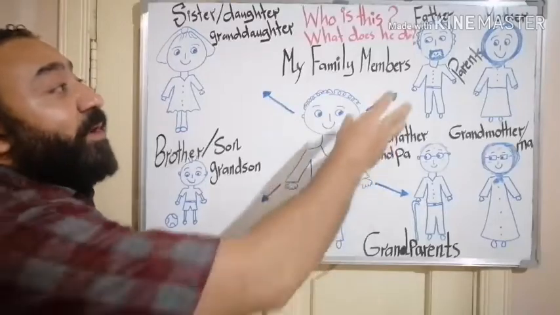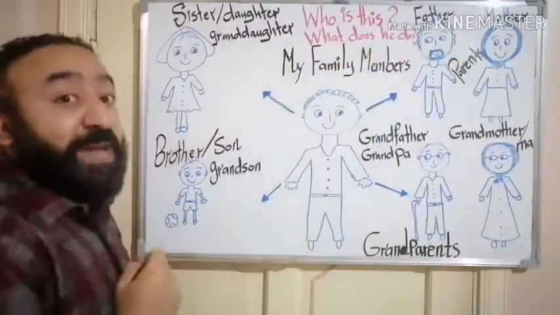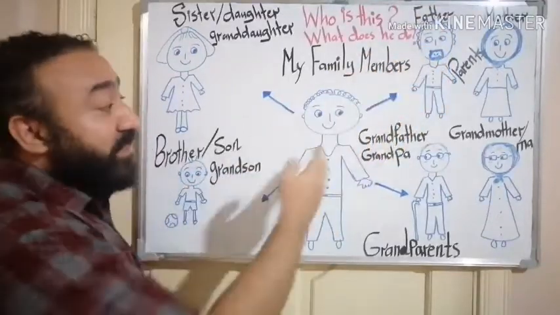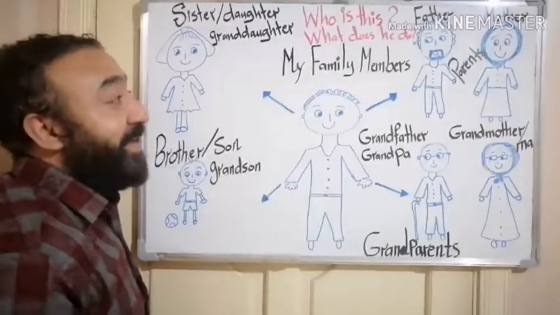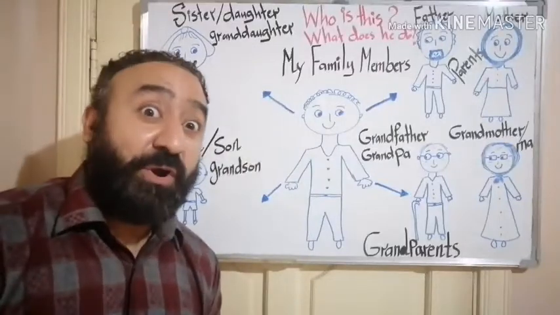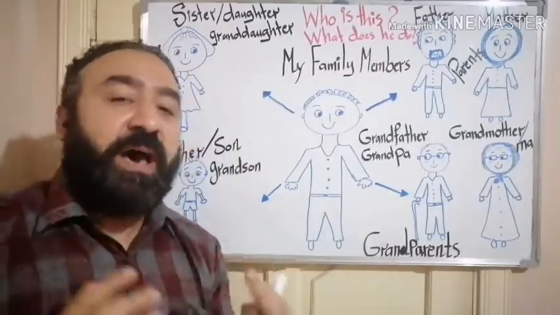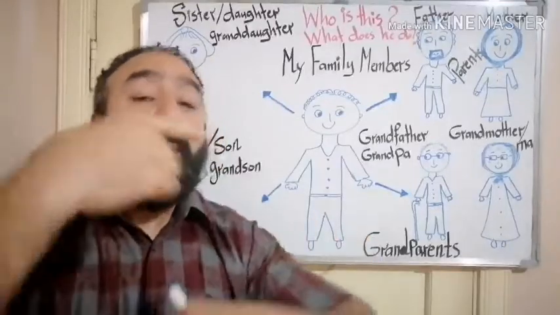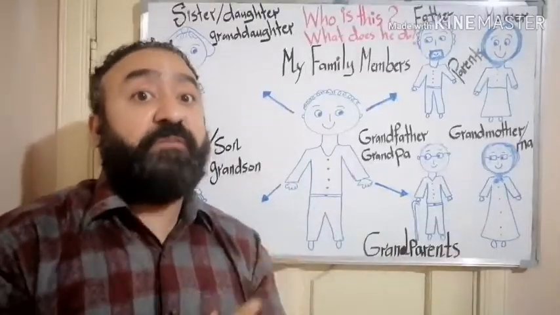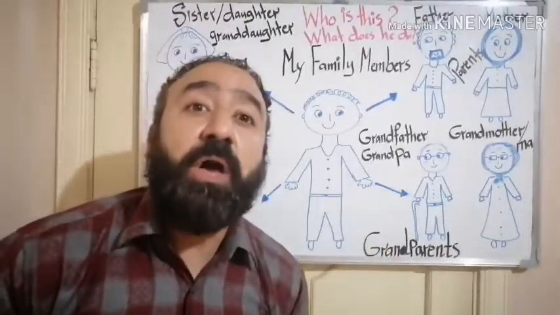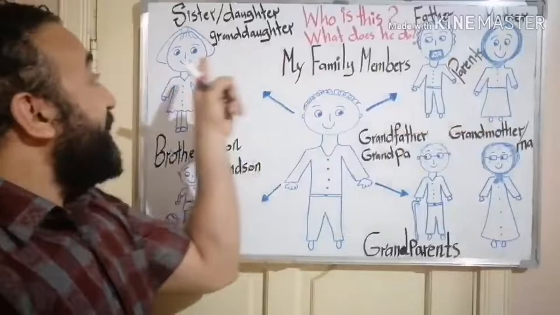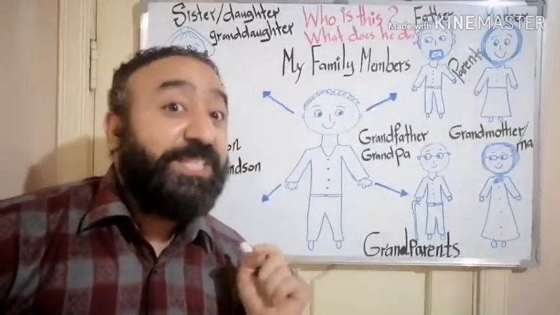Now, in case I want to ask the father of Sam about his family members, excuse me, who is this? He will answer, this is my son. Okay, what about this girl? Who is that? That's my daughter. It's not a big problem if you mispronounce the word, but you have just to keep practicing and practicing, because practice makes perfect. Remember how to pronounce it? Daughter. Who is that? That's my daughter. This is my daughter.